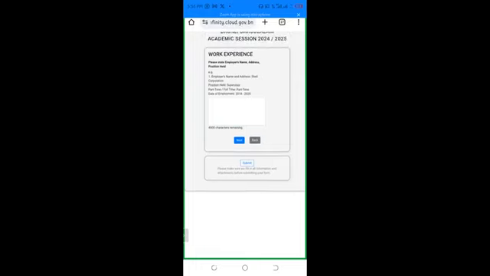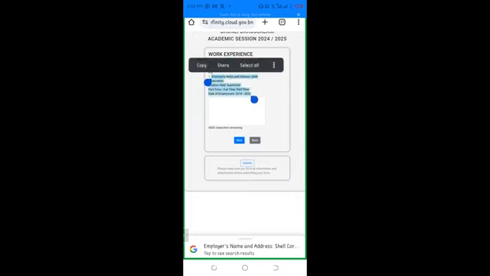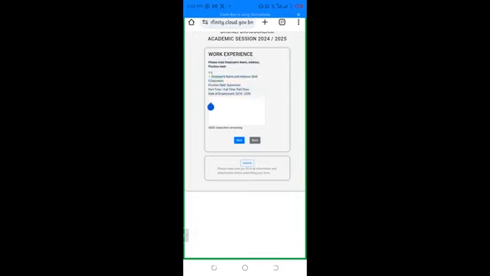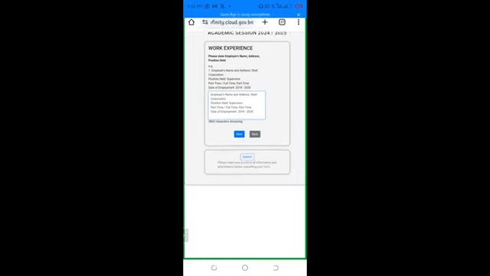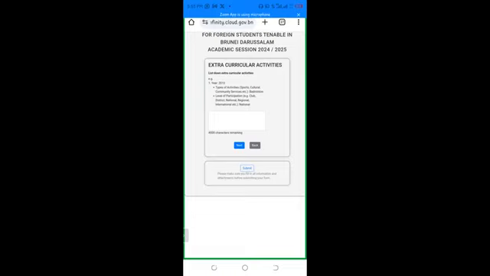Asking of work experience too. So they are citing an example. Let me just copy the example to make it fast. Copy and then paste. You have to enter your employer's name and address, a position you've held, part-time or full-time, which one, date of employment too, you have to specify. And clicking next. You can see that the application process is kind of a bit long.